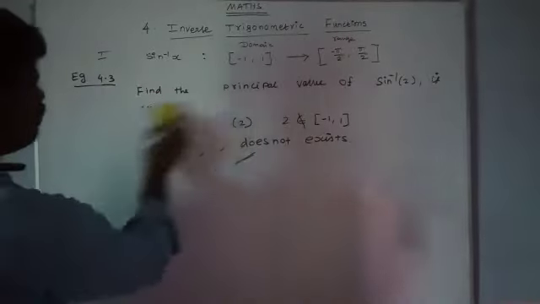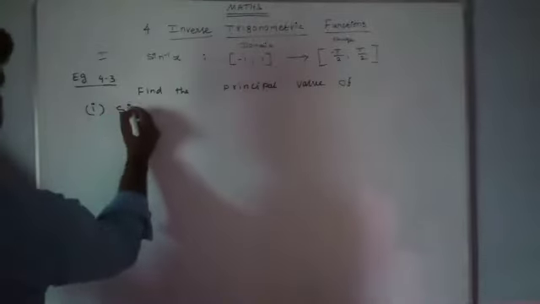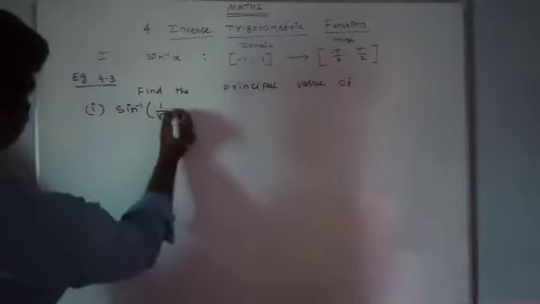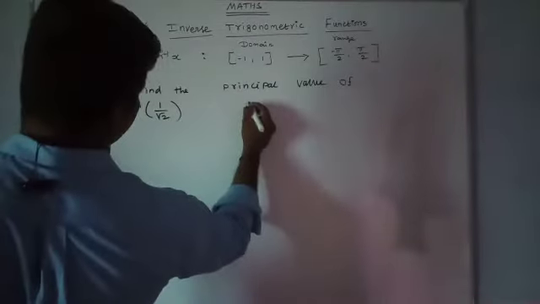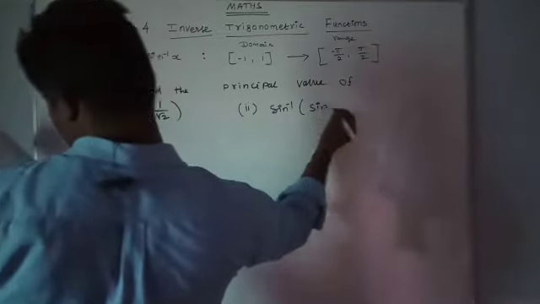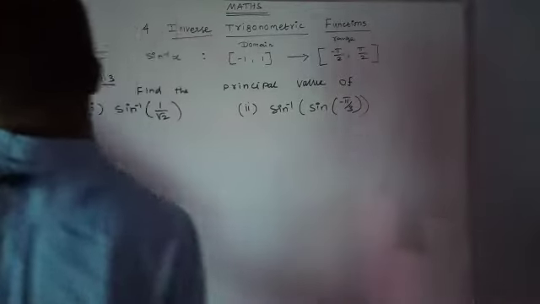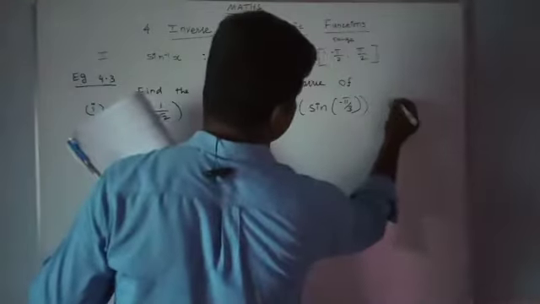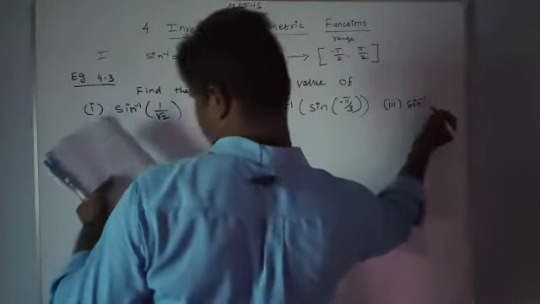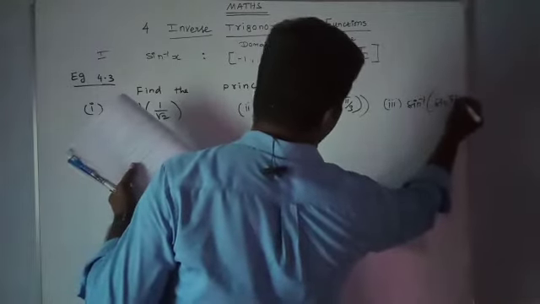Find the principal value of: Roman letter 1, sin inverse of 1 by root 2; 2, sin inverse of sin of minus pi by 3; and third one, sin inverse of sin of 5 pi by 6. Okay,